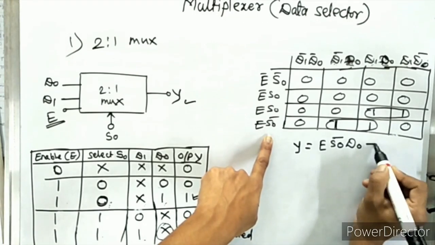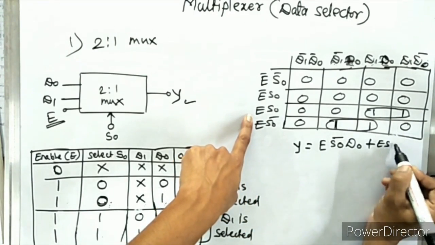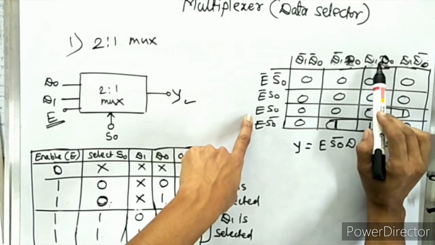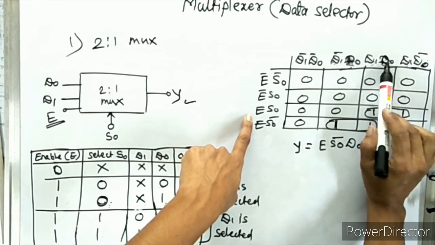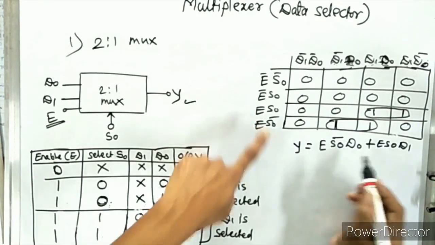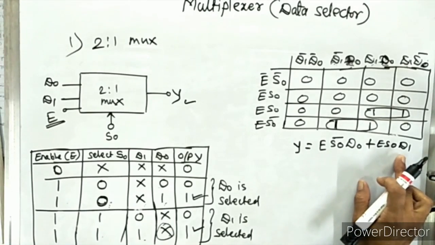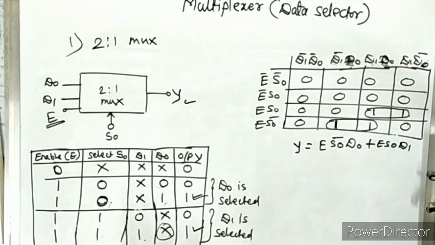bar D0. Now for the second pair, check the row, that is E S0, and here check the column. So here D1 is constant and D0 is changing. So take the constant variable, that is D1. So we get the equation Y = E S0 bar D0 plus E S0 D1. So this is the required equation to plot the